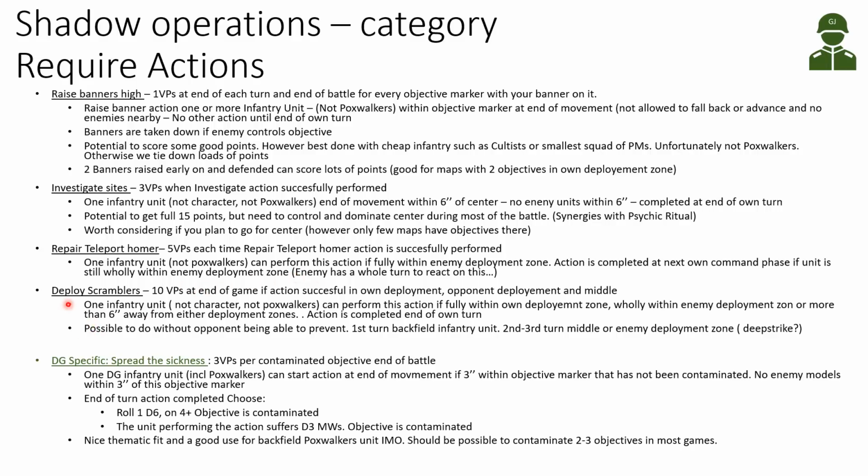And then we have from the Grand Tournament the Deploy Scramblers, and this can give us 10 victory points at the end of the game if the Deploy Scramblers action has successfully been performed in our own deployment zone, in the opponent deployment zone, and in the middle. So once in each